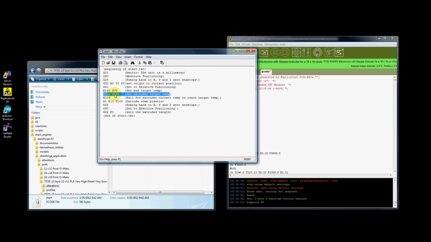But for now, we need to make sure the tip is at temperature and the heated build platform is up to temperature. M109 will not allow your machine to move or start printing without it reaching temperature. So this is kind of a safety feature. Once the temperature reaches 225 and 70,